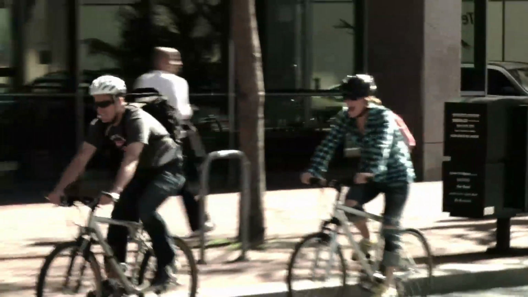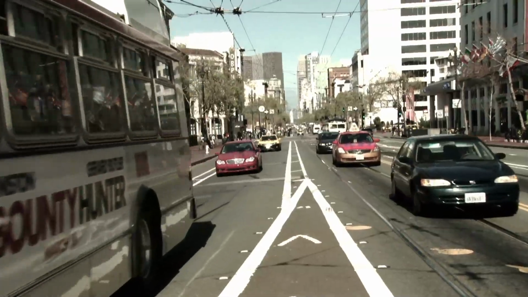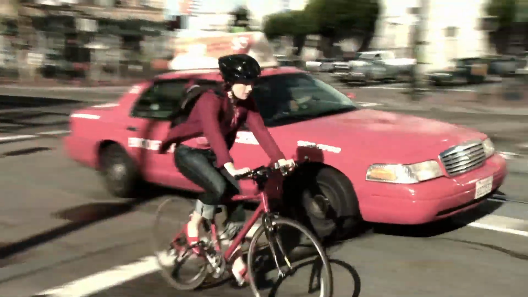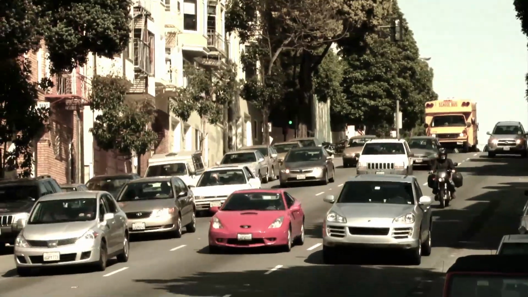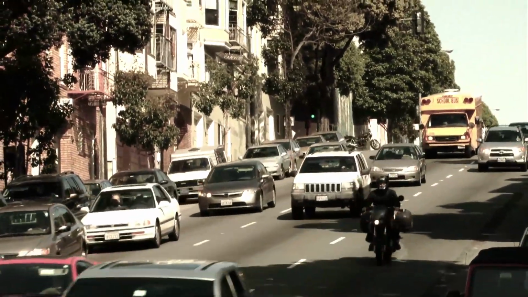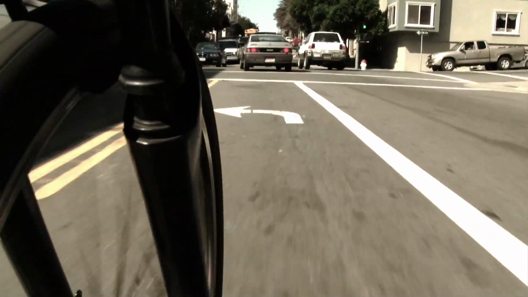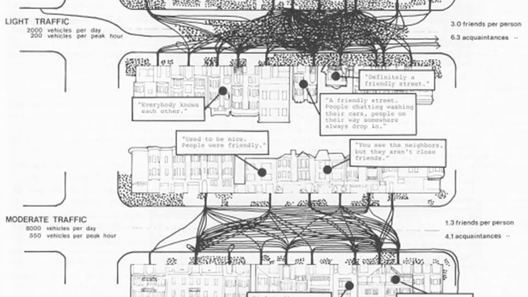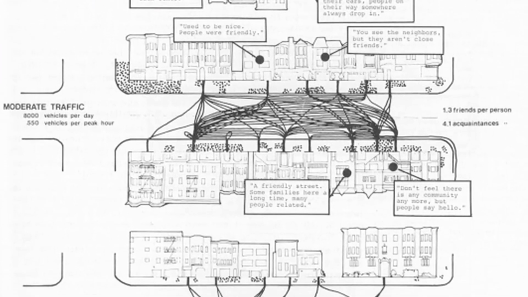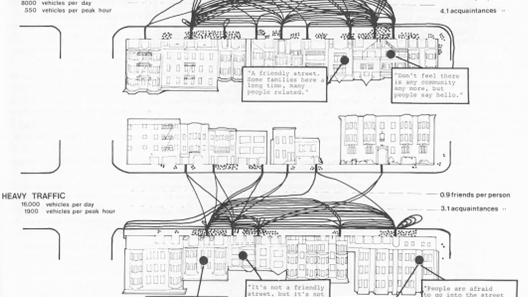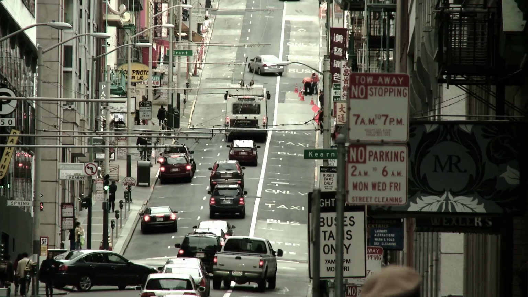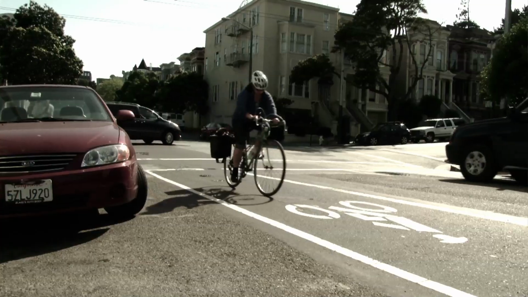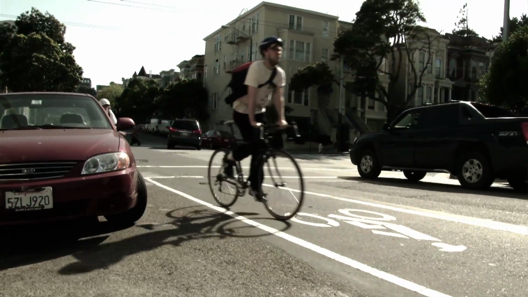What Donald Appleyard was able to show is that just the mere presence of cars, with the envelope of danger that they project around them, and the noise and the pollution, crushes the quality of life in our neighborhoods. What's really interesting about the graphics in Livable Streets is that it removed us from just looking at specific numbers of people being hit or killed on streets, and showed that there was another way that we could measure the environmental impacts of traffic on neighborhood streets.